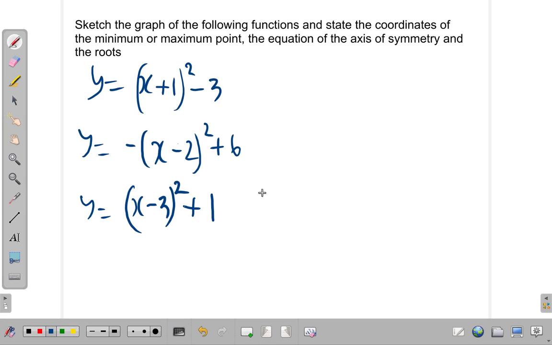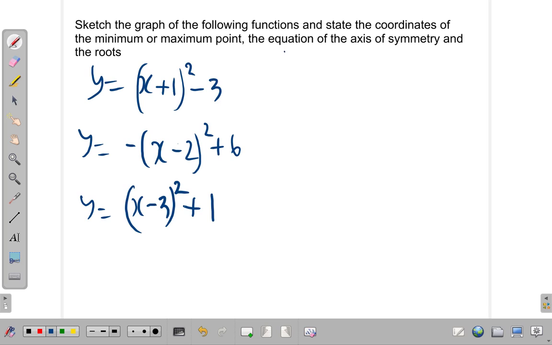Let's look at this exercise. Sketch the graph of the following functions and state the coordinates of the minimum or maximum point, the equation of the axis of symmetry, and the roots of these functions. All right, let's see. The first one,